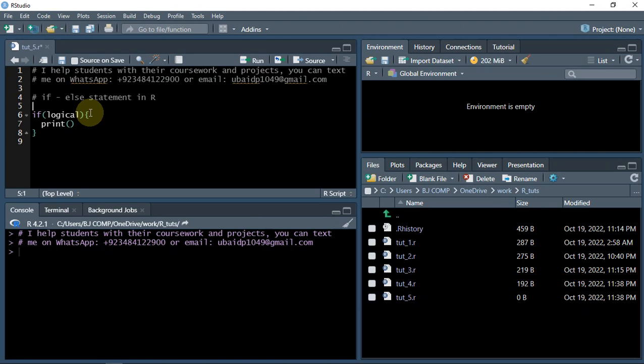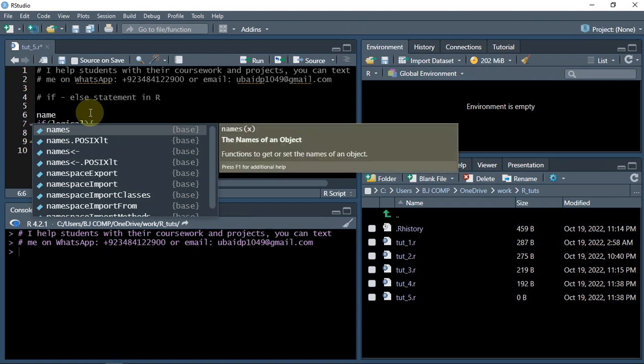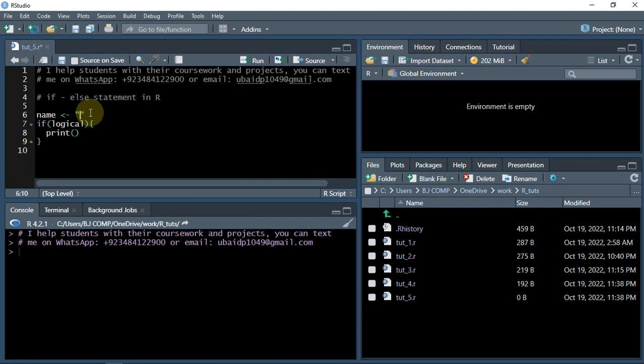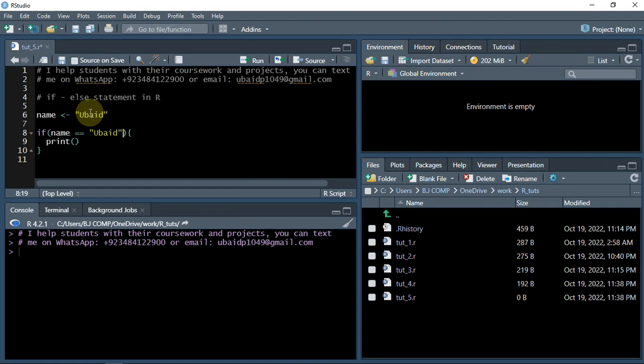Let's see the if part first, and then we will talk about the else part also. So let's make a scenario. We want to check if the name of the person is Obed. Let me quickly make a variable which will have a string, Obed. Take it as a virtual secretary or something like that. It will ask the name, and if it is Obed, then we can say name is equal to Obed,